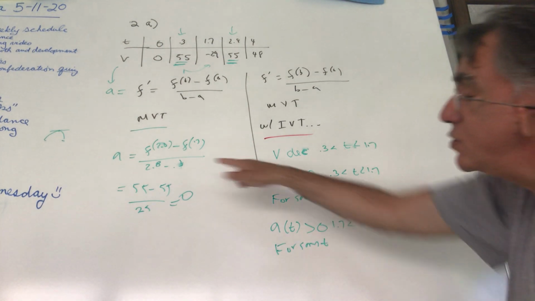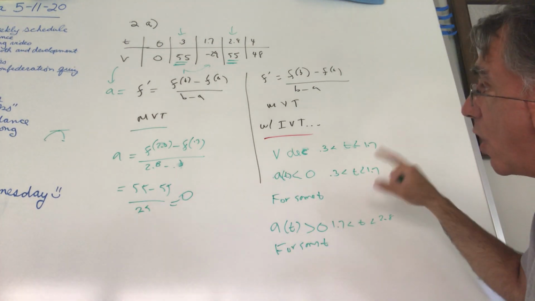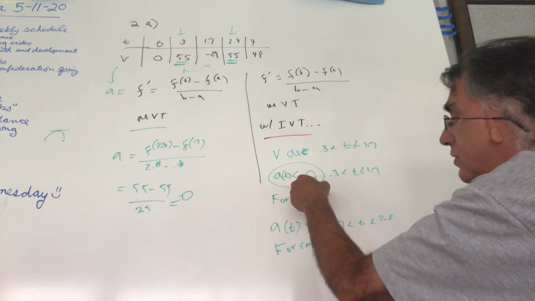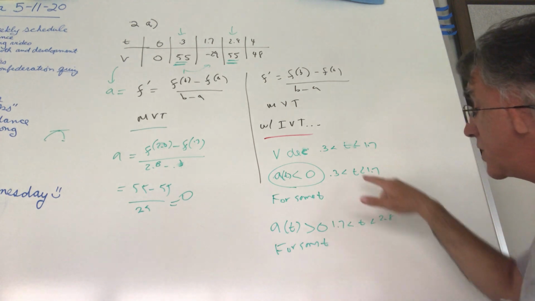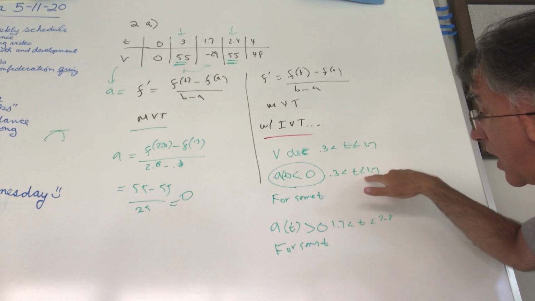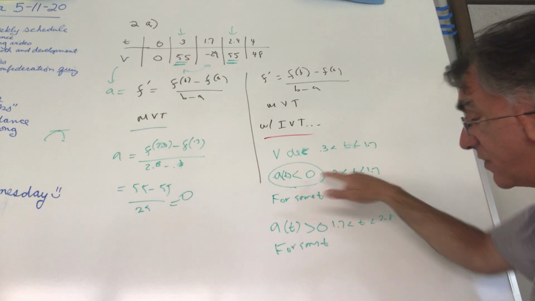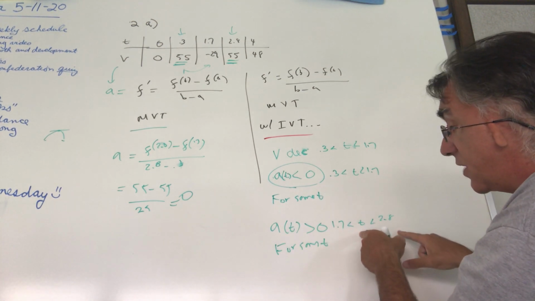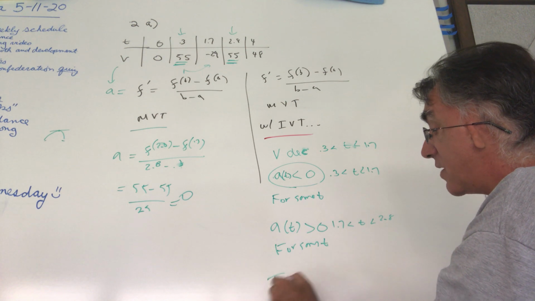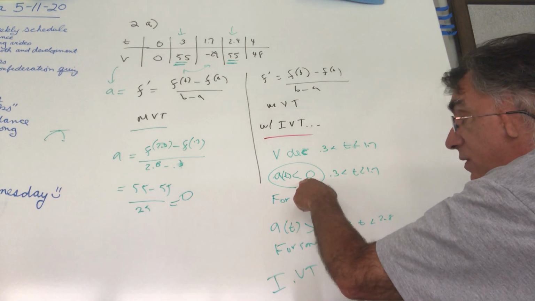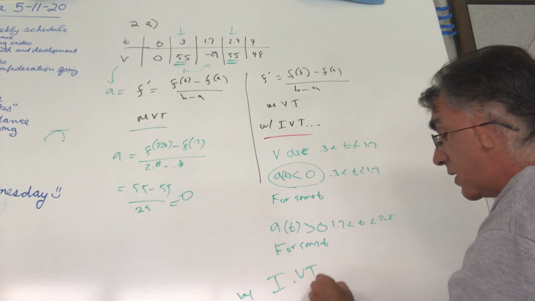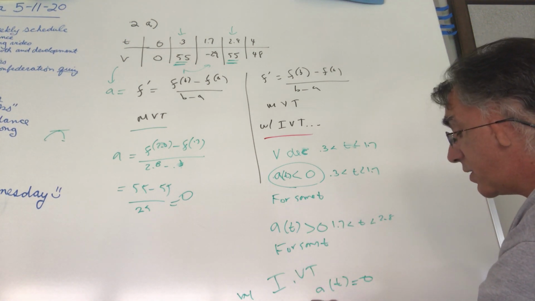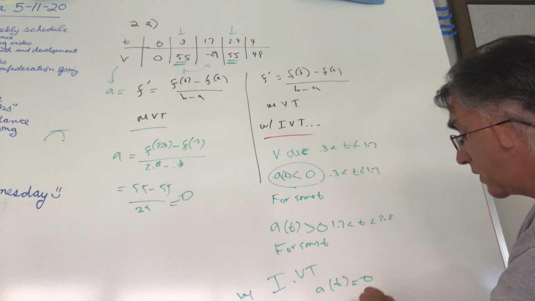Now, you could do the calculation, but all I actually care about is that the acceleration was negative for some value on that interval, and positive for some t on this interval. And then by the intermediate value theorem, we know that the acceleration would have to be 0 somewhere on the interval 0.3 to 2.8,